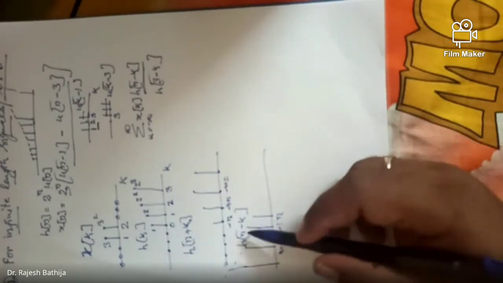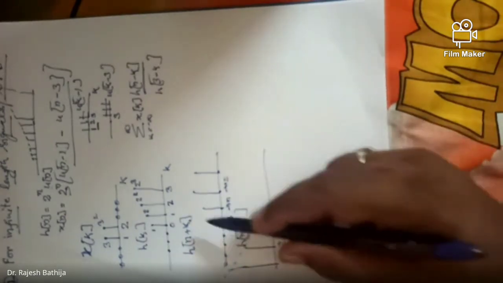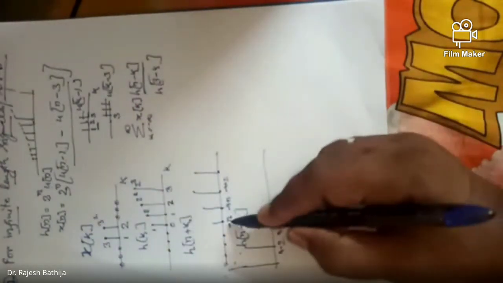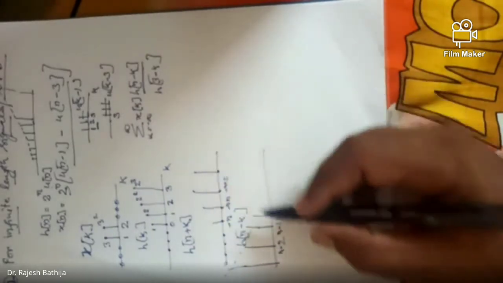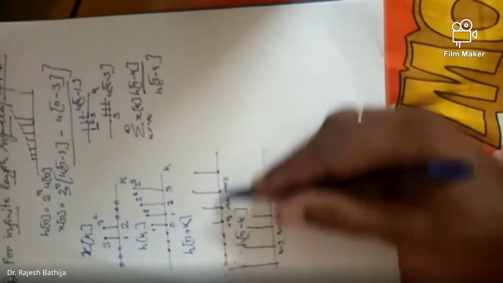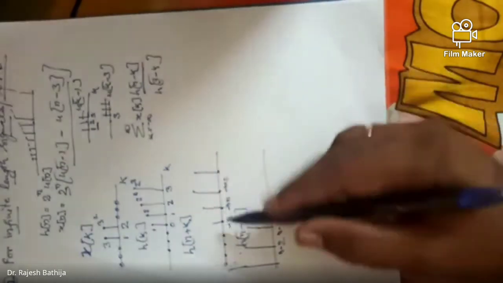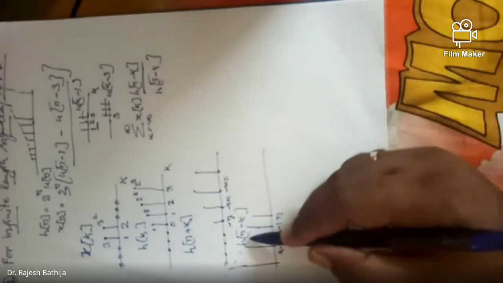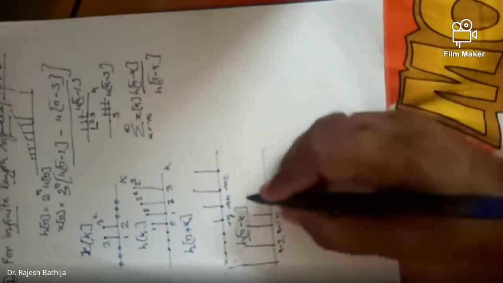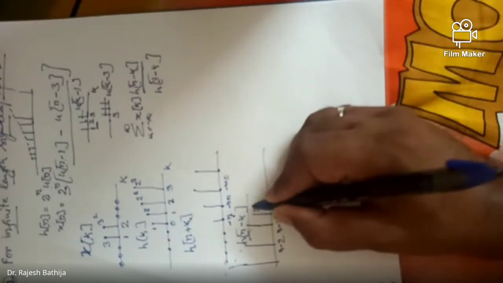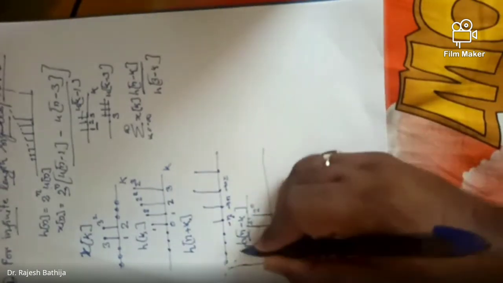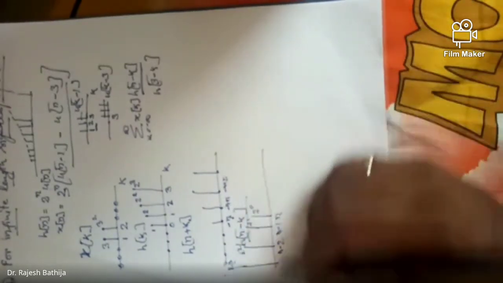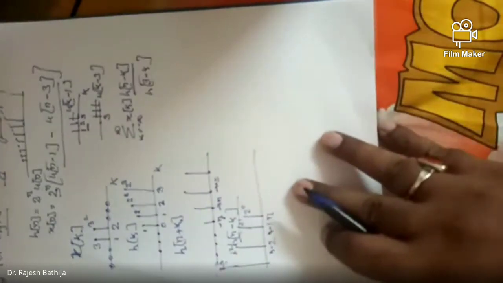Are you able to get this thing? h of n minus k from h of n plus k, we have to just fold it over here. So in place of minus n, you have to just multiply these values by minus 1, and we cannot show here zero value. Why we cannot show zero value? Because of this n. So we are getting h of n minus k as this signal. Values will remain same. This value is 2 to the power 0, that is 1, 2 to the power 1, 2 to the power 2, 2 to the power 3, and so on. So these are the values we are getting for the h of n minus k.